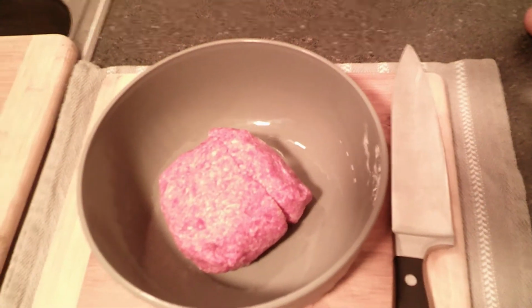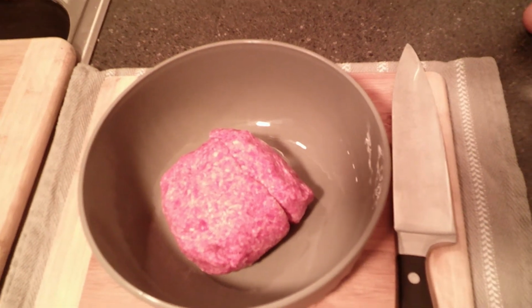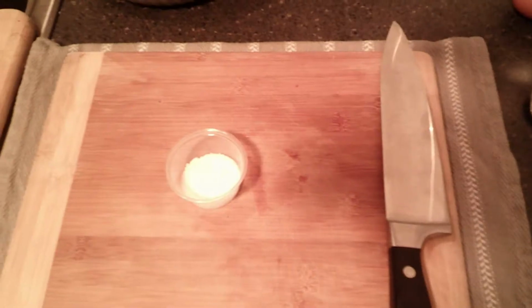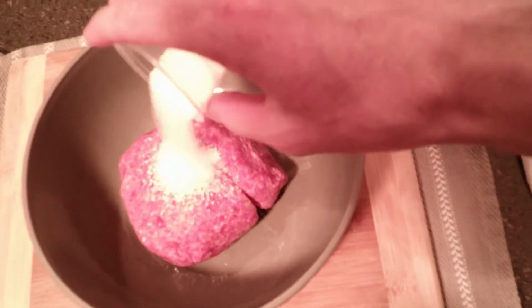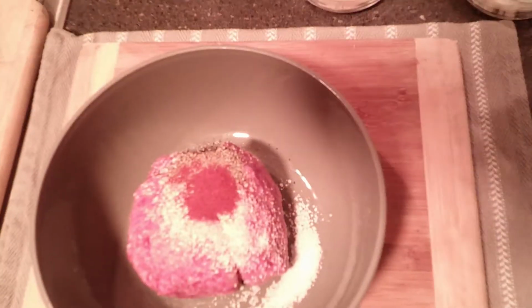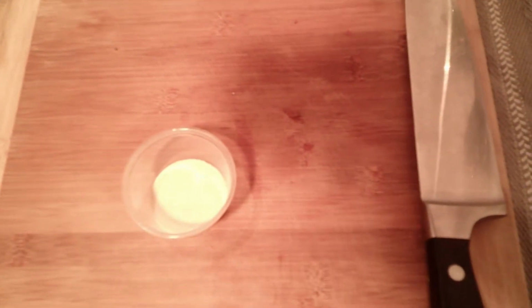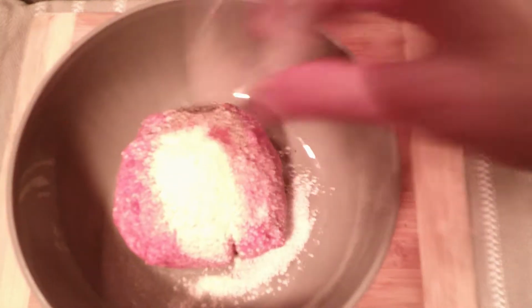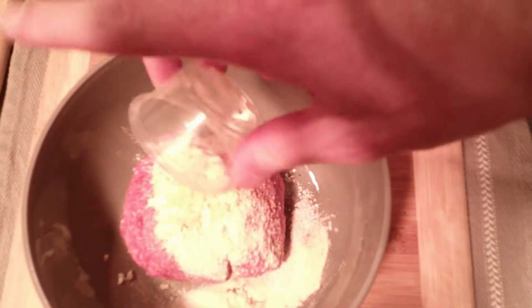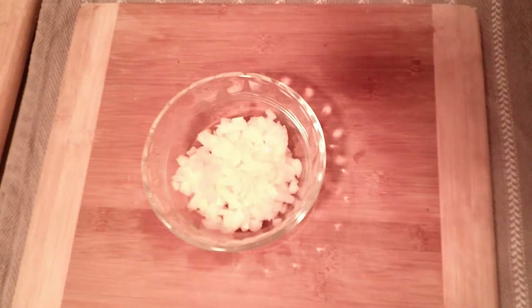Okay, so first ingredient, 1 pound of ground beef. You can use more, you can use less, depends on whatever recipe you're trying to look at. In this case, I'm using 1 pound because there's only 2 of us eating. Next, 1 tablespoon of salt, half a teaspoon black pepper, 1/4 teaspoon smoked paprika, 1/4 teaspoon white pepper, half a teaspoon onion powder, half a teaspoon garlic powder, 3 garlic cloves, minced, half a yellow onion, diced,